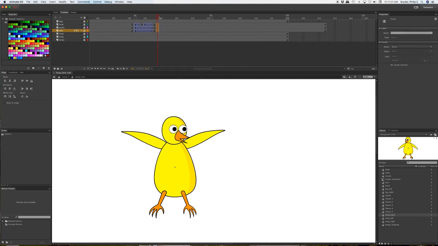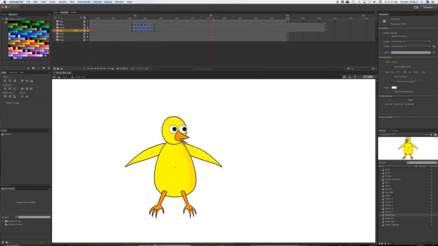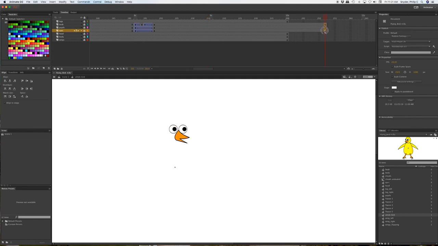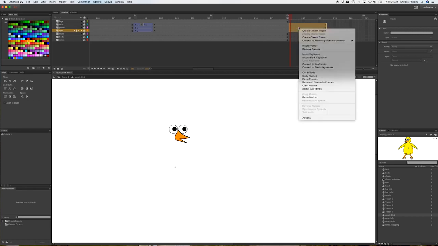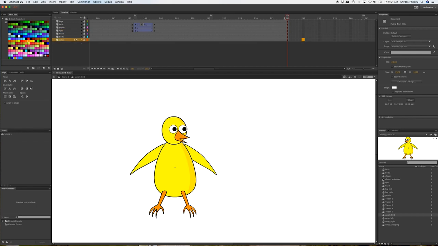Okay, so it's going to remain in that direction as he flies off. And then we need to click and drag and remove these frames. And so that works the way we want it. So let's go back into scene 1,